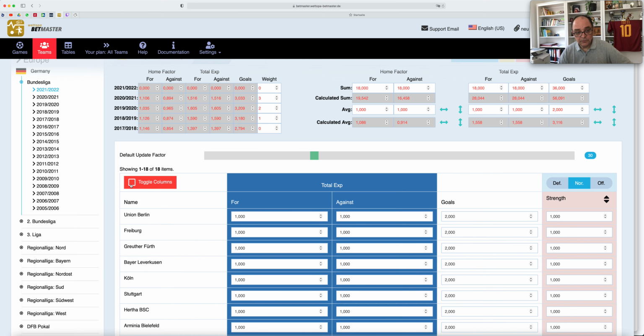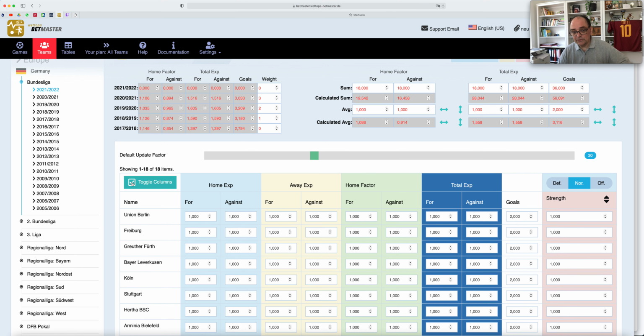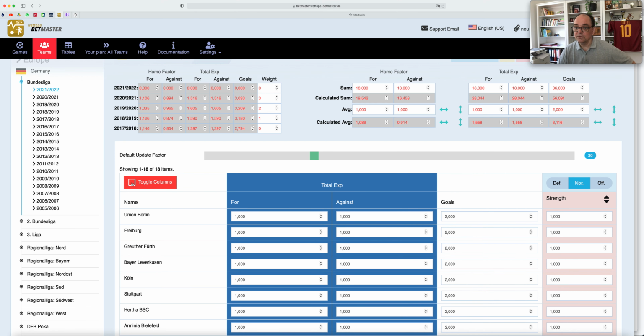You can toggle the columns which would tell you what you would expect in home and away, so it's getting a bit more complex there, but you don't need to do this now. You can do this later if you want to do some fine-tuning, more or less. The computer here can weigh the last season. So what it does now for you is